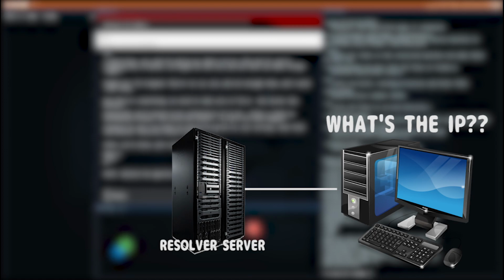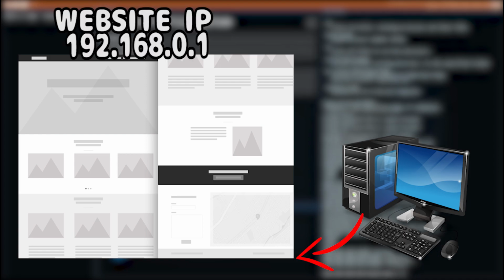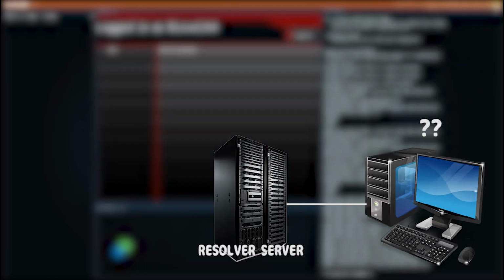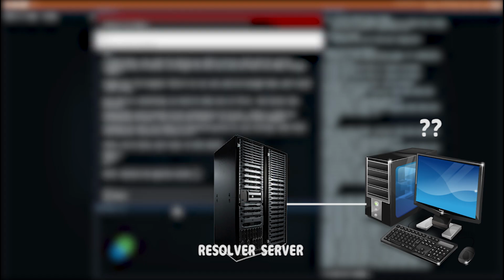So to try to understand this further, let's look at the DNS hierarchy. So if a computer can't find the IP address associated with a host name, then it will send a request to the resolver server. Let's say you had a computer. We all have computers. You probably have one right now if you're watching this. If you're on a computer and you're trying to go to a website, the computer's going to try to take the host name, google.com, and get the IP address. But if the computer can't find the IP address associated with the host name, then it will send a request to the resolver server. And if the resolver server can't find it, then it's going to send a request out